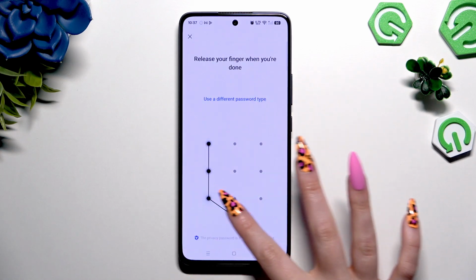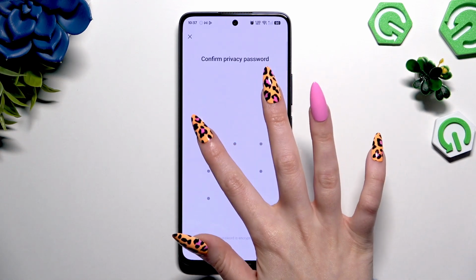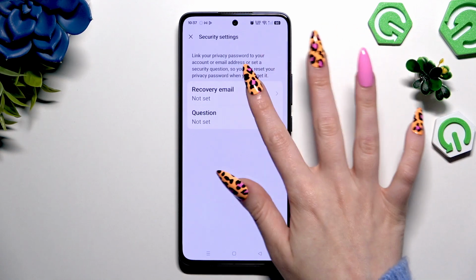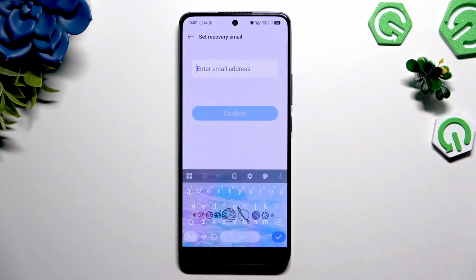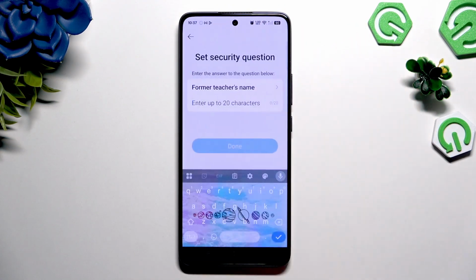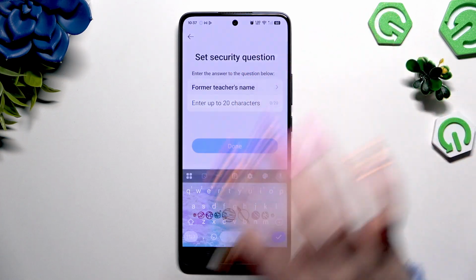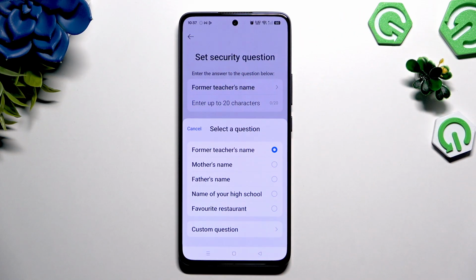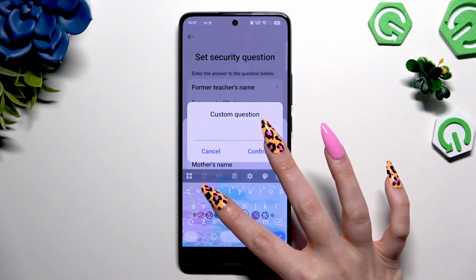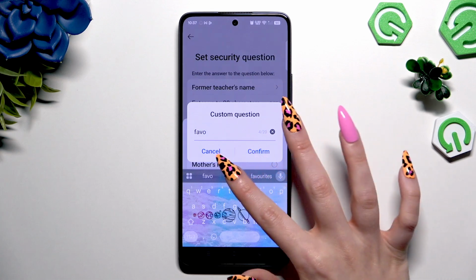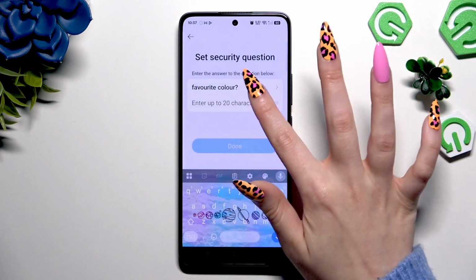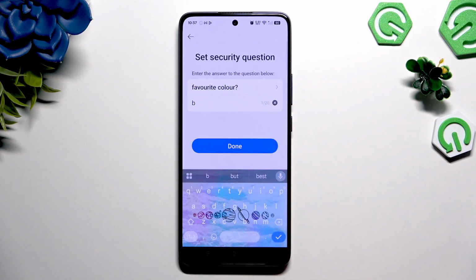Now you need to create it and repeat it to confirm it. Then set up your recovery email just in case you will forget your password. And tap on question here to tap on this security question and pick the best one for you, or hit custom question and create your own. Remember to answer correctly below